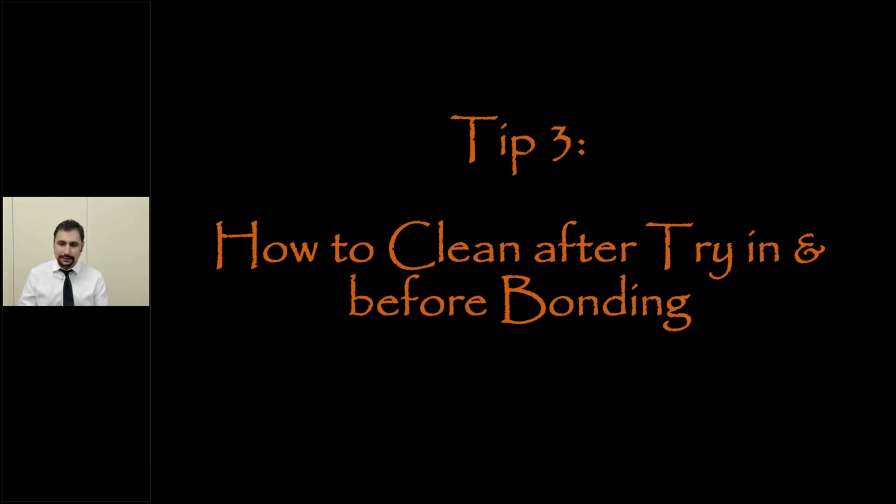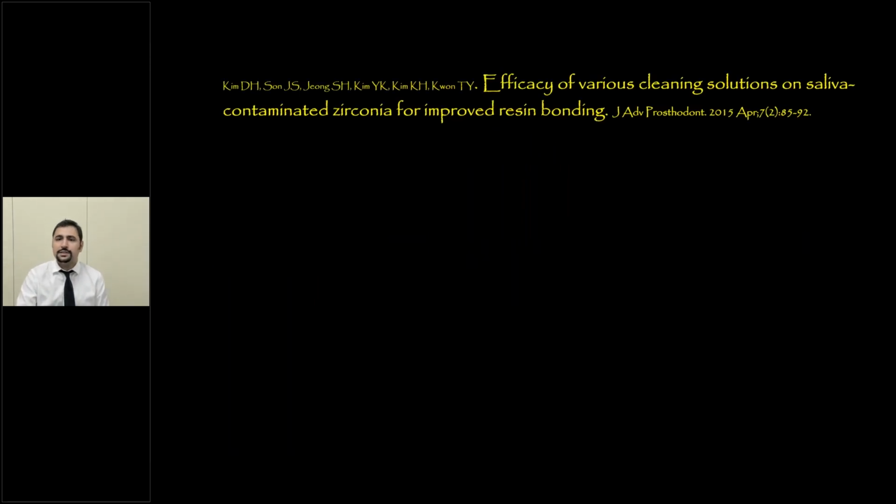How should we clean it? In other words, once we try it in the patient's mouth, we take it off. Can we just use water spray for 20, 30 seconds and pressure and just spray it, and we make sure we clean everything and then we bond it, or shall we do something else? Let's find out. There's this study published in 2015 that checked various cleaning solutions on saliva contaminated zirconia